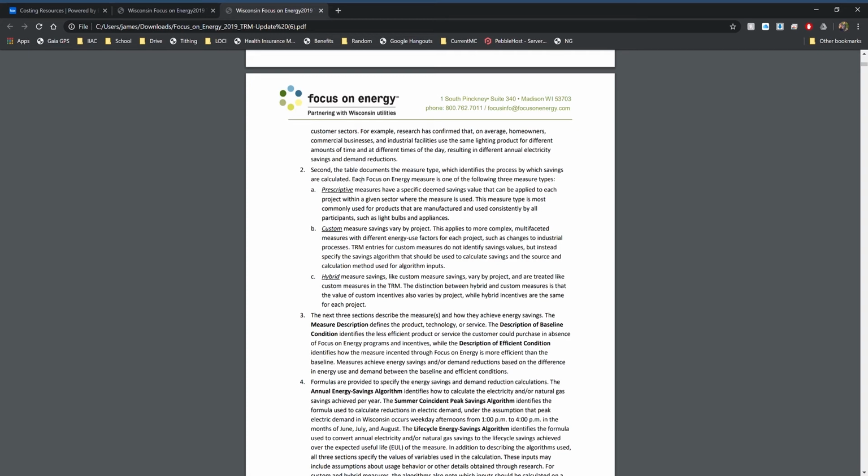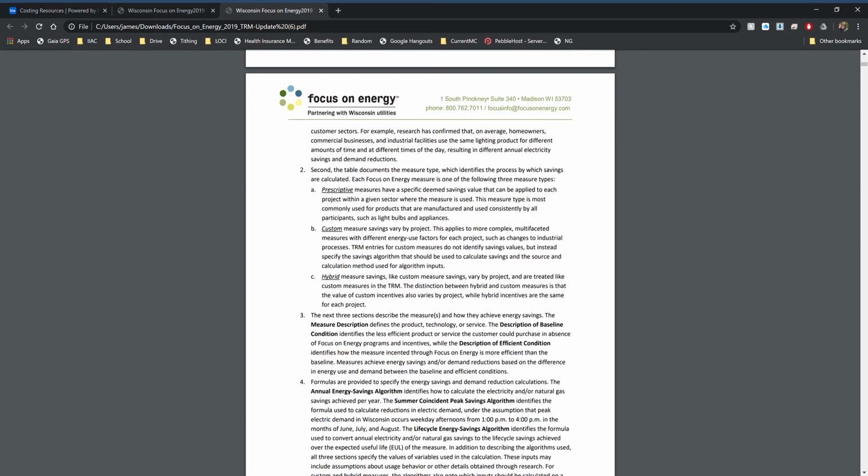That means that these are done often enough that they can be generally applied to a wide variety of ARs that are similar to this. So if you have this exact AR, then you can likely use this prescriptive measure to spot check yourself. Your savings should be in the ballpark because, again, these are deemed savings, and these are widely